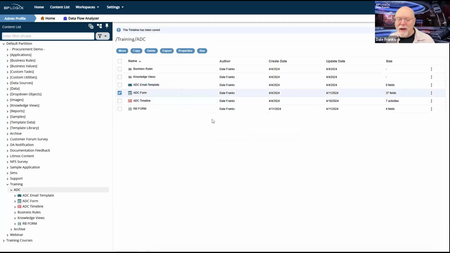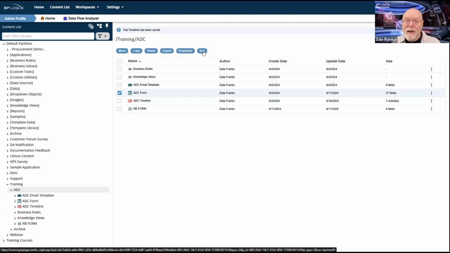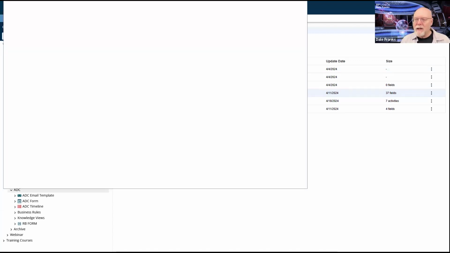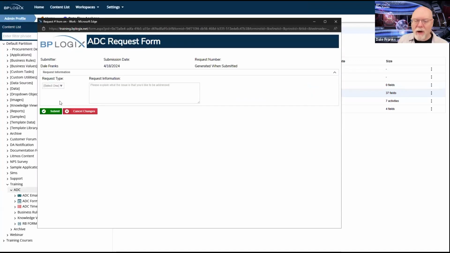So this is where testing does get a little bit tedious, but it is super important because now I'm going to have to run 4 different request types. Actually, I'm going to have to run 5 different requests with 4 different request types. So I'm going to need to create 5 iterations of this form and submit them to see what happens at the manager approval activity. So we're just going to have to go through and start creating these.